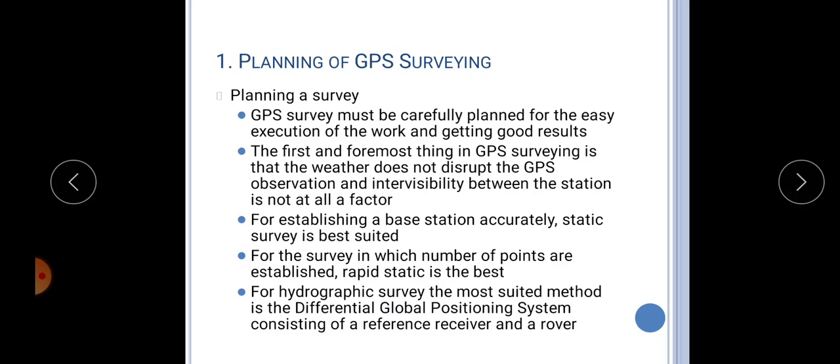And if we want to establish a base station, the method adopted is the static surveying method. And for a survey in which a number of points are established, we have to go for the rapid static method. If there are a number of points, we should adopt the rapid static method. And for hydrographic survey, the most suited method is differential global positioning system, DGPS, consisting of a reference receiver and a rover. Because in the DGPS system, as I have told, there is calculation of error, and by using this error,